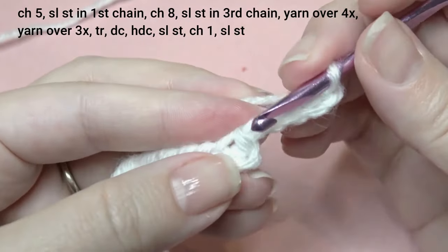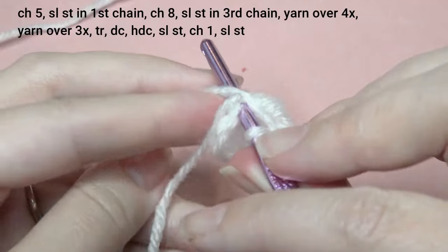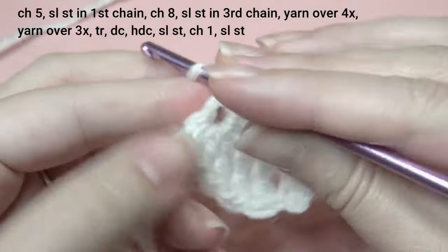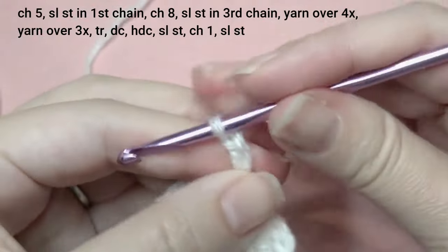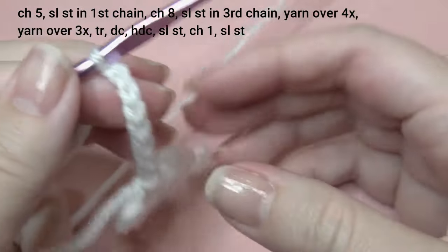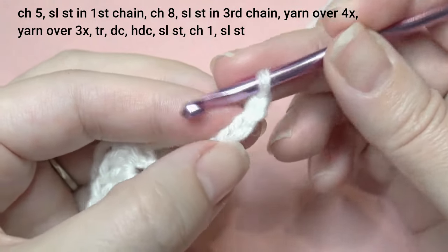Slip stitch into the first chain, so go all the way down here and you're going to slip stitch. Then chain 8, 1, 2, 3, 4, 5, 6, 7, 8, and you have the one side of the wing done. Now we're going to do the next. Slip stitch in the 3rd chain, 1, 2, 3,